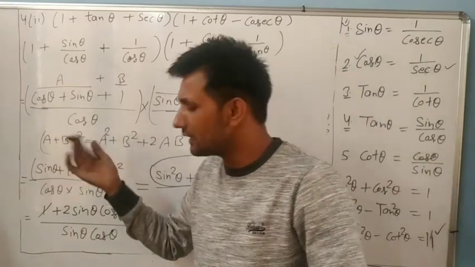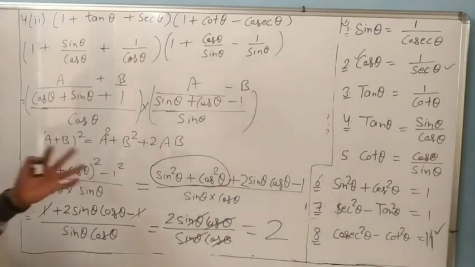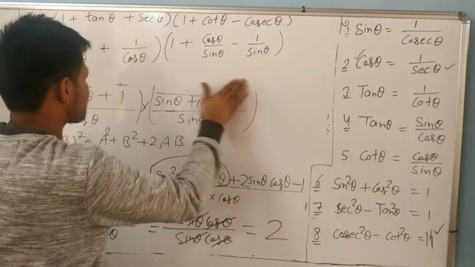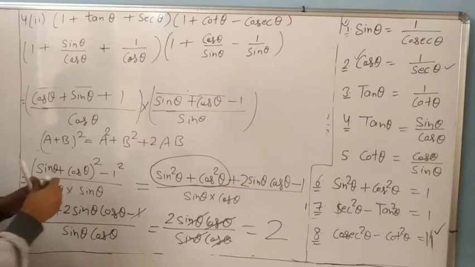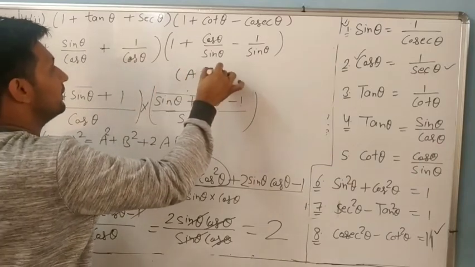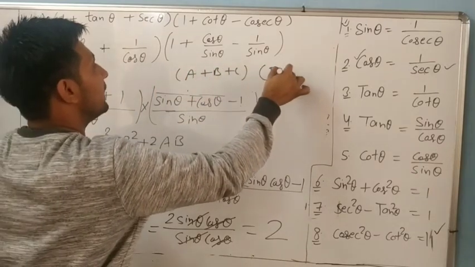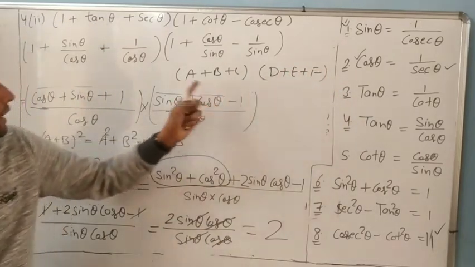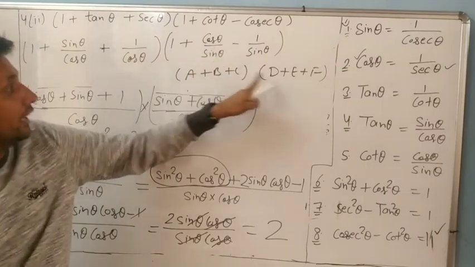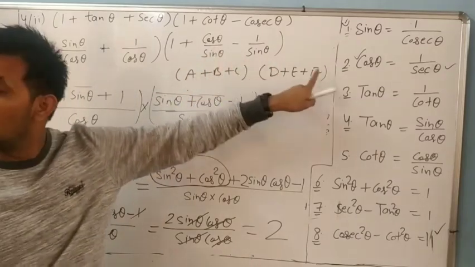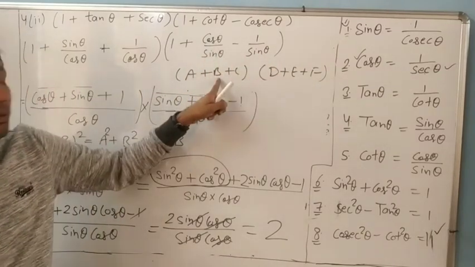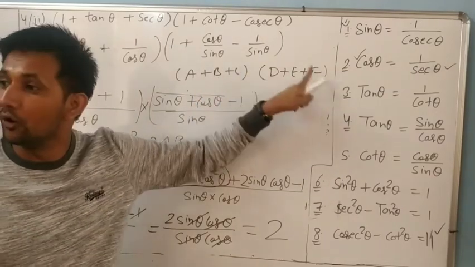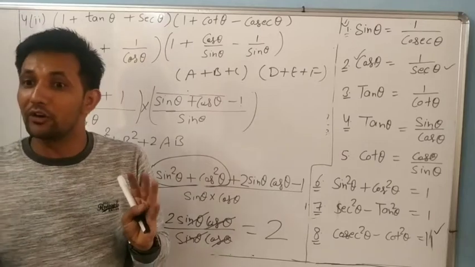Otherwise, dear, look at. If you don't remember the formula, you can multiply like this. Do you know how to multiply a plus b plus c into d plus e plus f? How to multiply trinomial into trinomial? Take the first term, a into d, a into e, a into f. Now we will multiply b by each term: b into d, b into e, b into f. Do you remember it or not from 8th class?